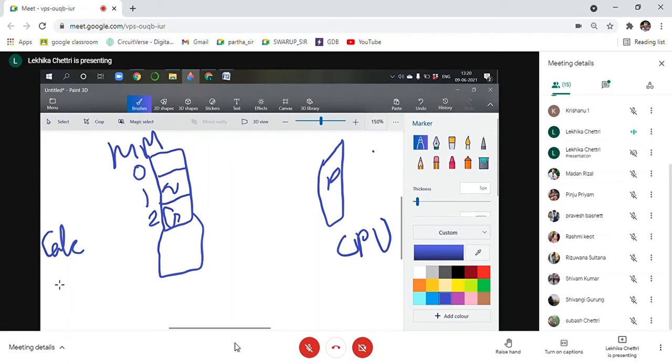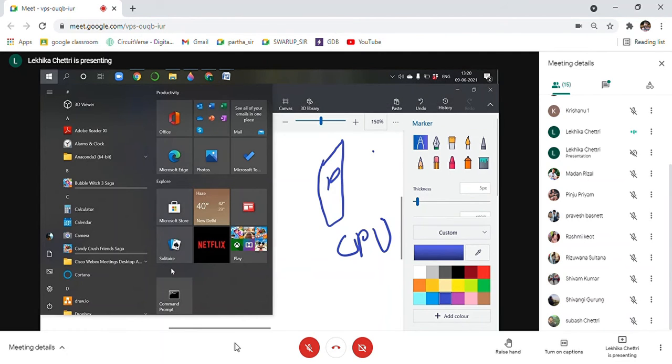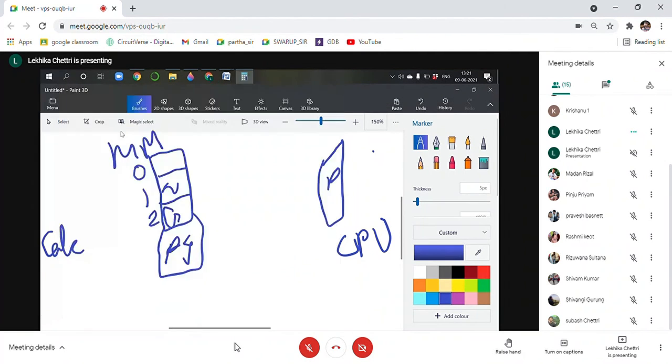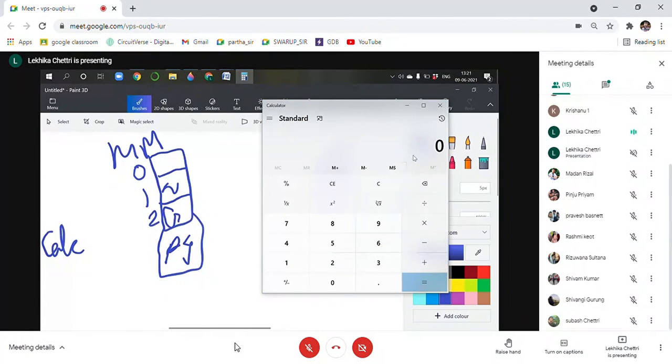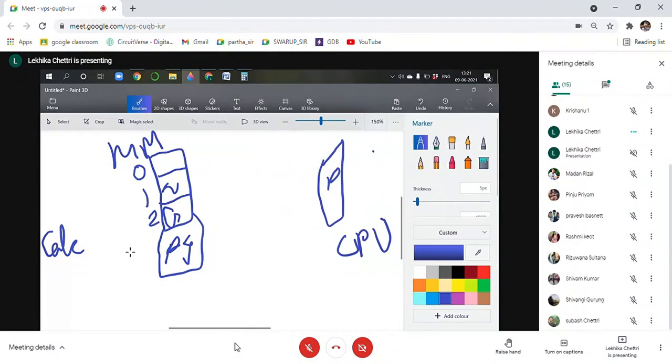Until now calculator is not there. If I ask you to give me the waiting time for this calculator, let us say this is marked as process P4. Now I open my calculator. So the calculator opened now, but when did it open? At time period 21. So what is the arrival time of this calculator? The arrival time of this calculator is 21. So will its waiting time start from 0? No. How will we calculate its waiting time?